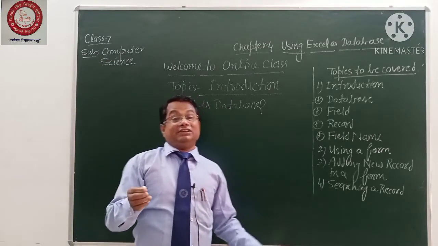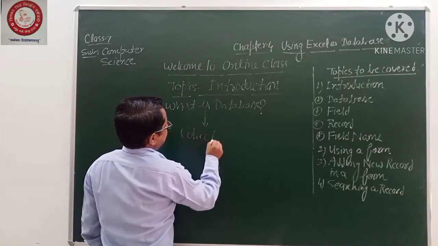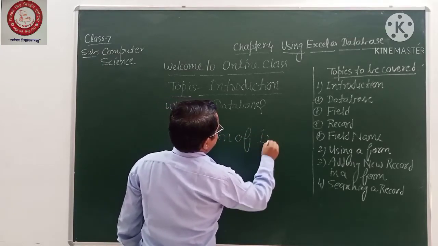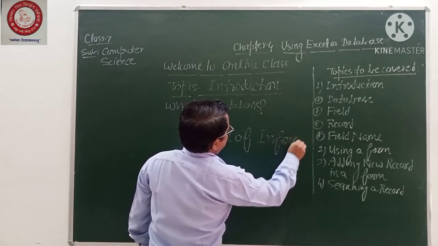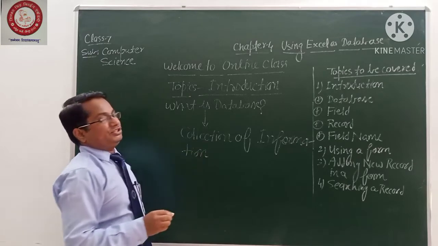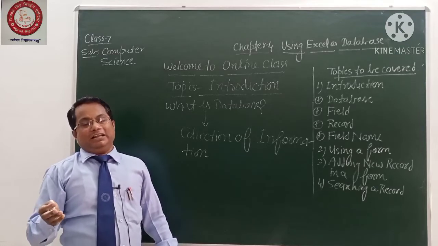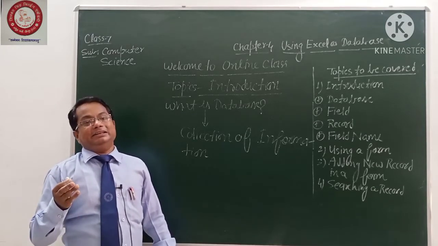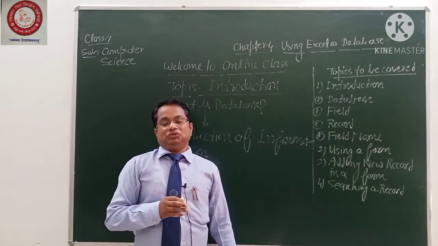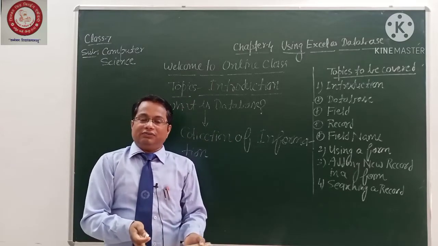A database is a kind of collection of information. Yes, it is the collection of information, which consists of many kinds of data. Like many fields are there, many tuples, many rows, many columns, many field names are there, right? So we just keep a record of all kinds of information in a common place.